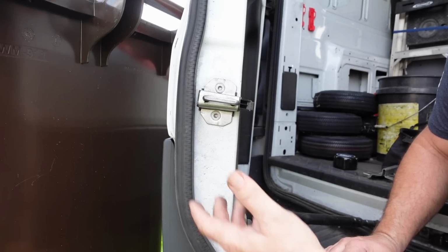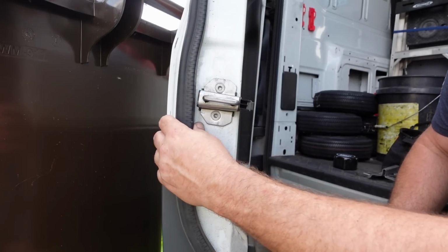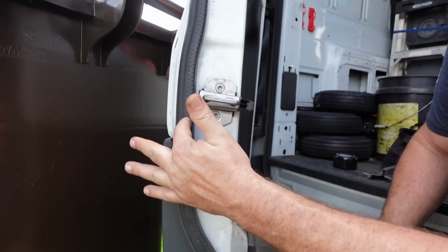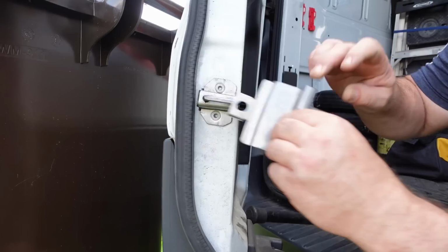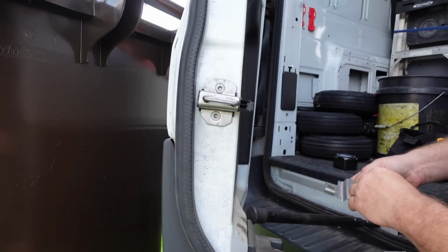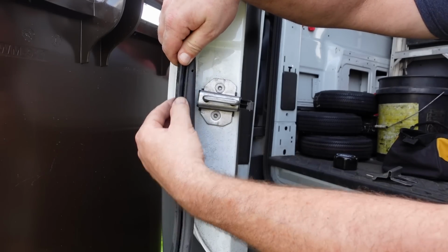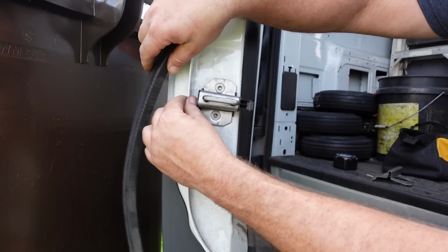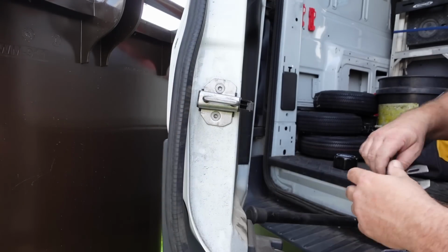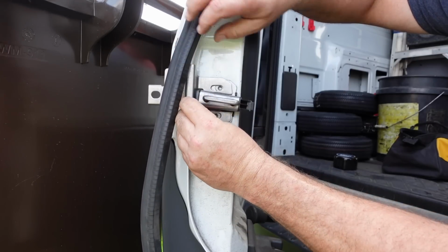All right, so we're going to start off with what I would consider the most difficult part of this job, and that is the driver's side rear door. That's because you've got to remove a chunk of this trim to get the lock to go on there so it'll mount flush. Basically what you have to do is take off the part here that clasps onto the sheet metal. So what you want to do is kind of slip that in there,